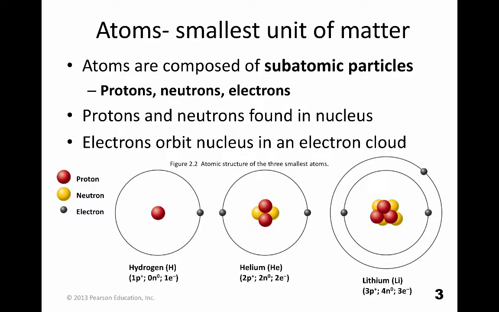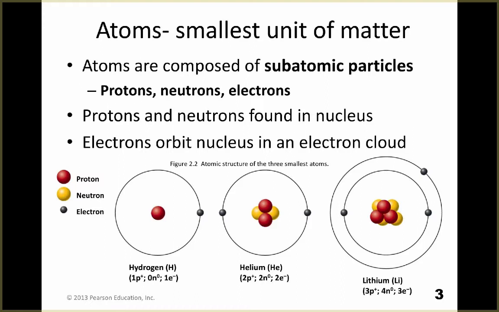Now, atoms are the smallest unit of matter. Of course, I said they're composed of subatomic particles. Protons are what charge? Oops, sorry guys. Positive. Neutrons are neutral, and electrons are negative. Now, protons and neutrons are found in the center part of the atom that's known as the nucleus, right? And you'll figure that out in cells too. And electrons are basically found in these